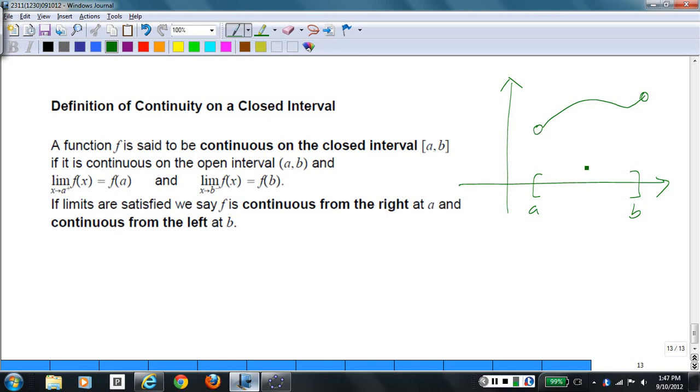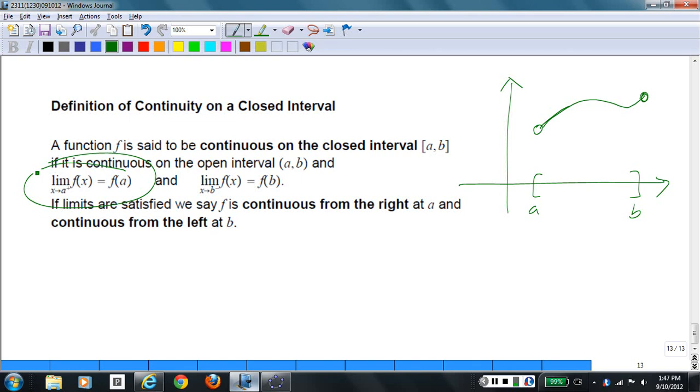This pretty much has to happen, and this is the graph that we would have if we say the function is continuous on the open interval AB and has hope of being continuous on the closed interval. Because by drawing the graph where it's actually approaching a particular point, rather than having a vertical asymptote, rather than being some kind of crazy oscillating infinitely often behavior, the limit, because it's behaving well there, the limit of f of x as x approaches a from the right, well, it exists, and we need it to equal f